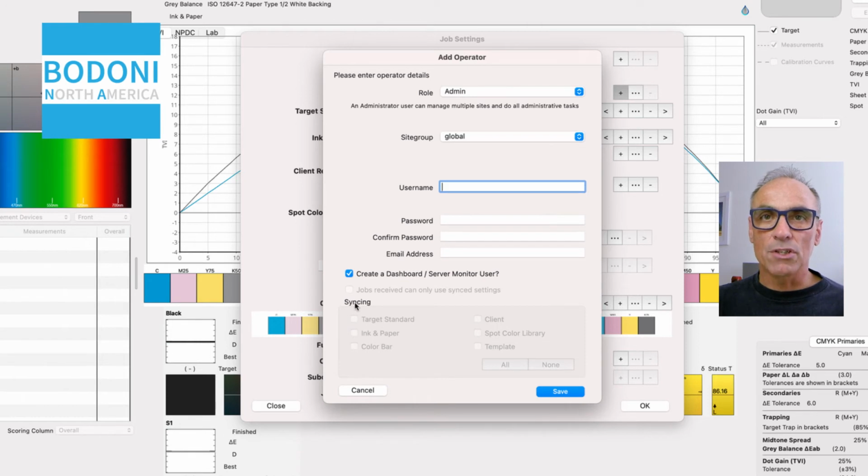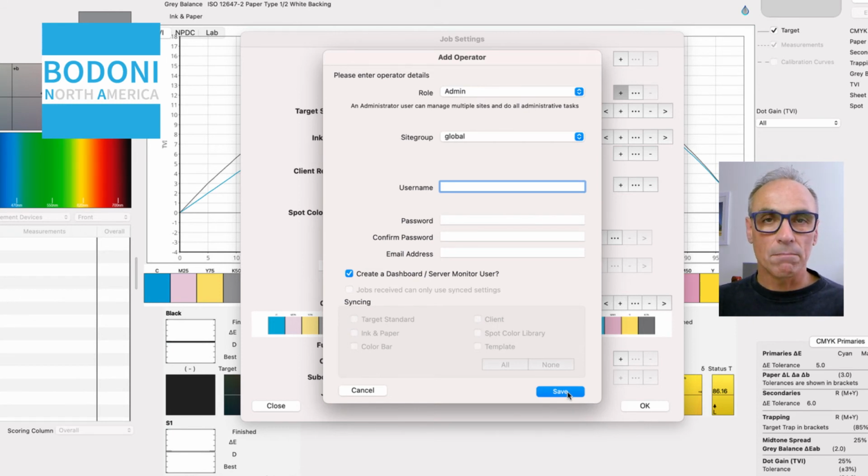So that's usually for the GPM version of the software. And then you can actually limit that down to different types of standards within the job, so things like the target standard, the ink and paper, or the color bar, you can restrict that to synchronized data only. Anyway, once you've set up your new user, you simply select save,